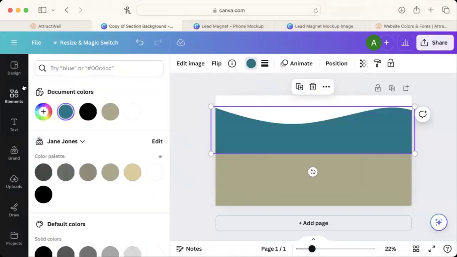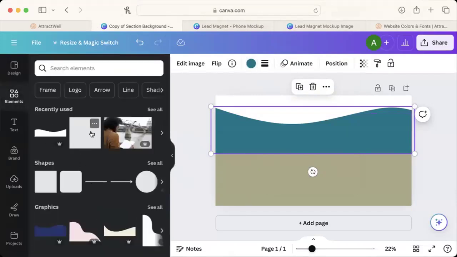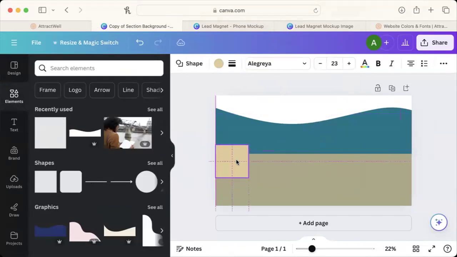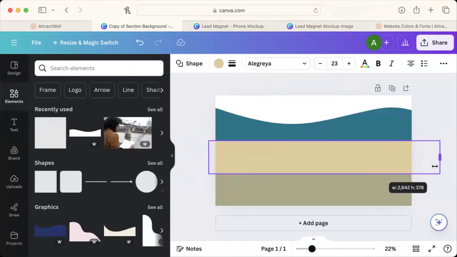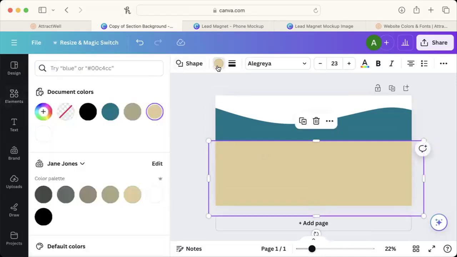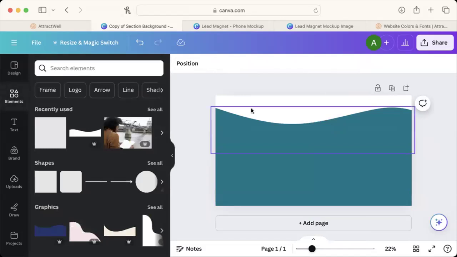All right, now I've got that part taken care of. Let me go ahead and add another section here, or another element rather. Again, I'm going to have that overlap and just drag it to fill the whole rest of the screen. And I'm going to give it that same color. So now we have a section that has very little white. And this is essentially what's going to provide a visual flow from your existing white background onto the footer of